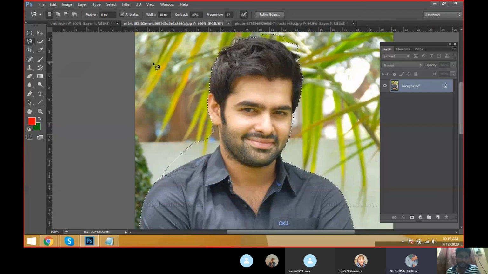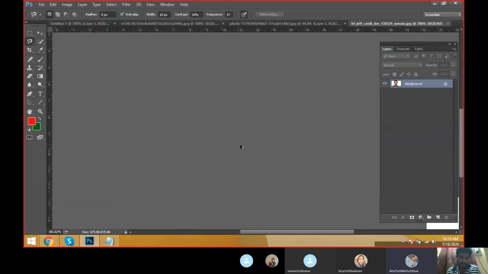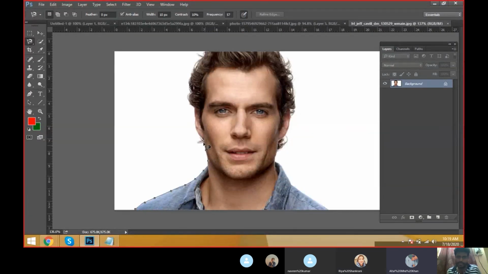Now take a single color background image, anything. See, this is a single color background image. Now click it here. See how the edge is going very clearly. Yes, that's what I'm saying, using this single color background. Now see, we have some disturbance here, no? We have some selection disturbance here in the edge.